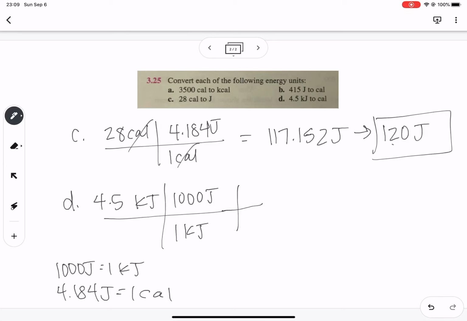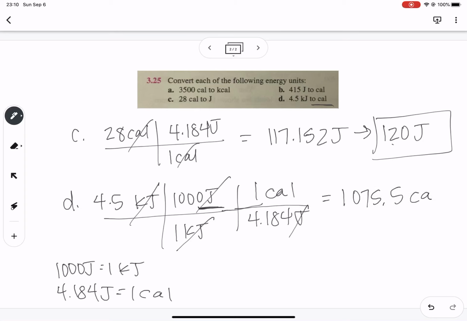We're not done yet. If we were to stop right now, our answer would be in joules, but we need our answer in calories. So we have to do one more conversion. And same thing, I have joules here. That means I need joules down here. 4.184 joules, that's equal to 1 calorie. The joules cancel. Okay, so you type this into your calculator, and you're going to get